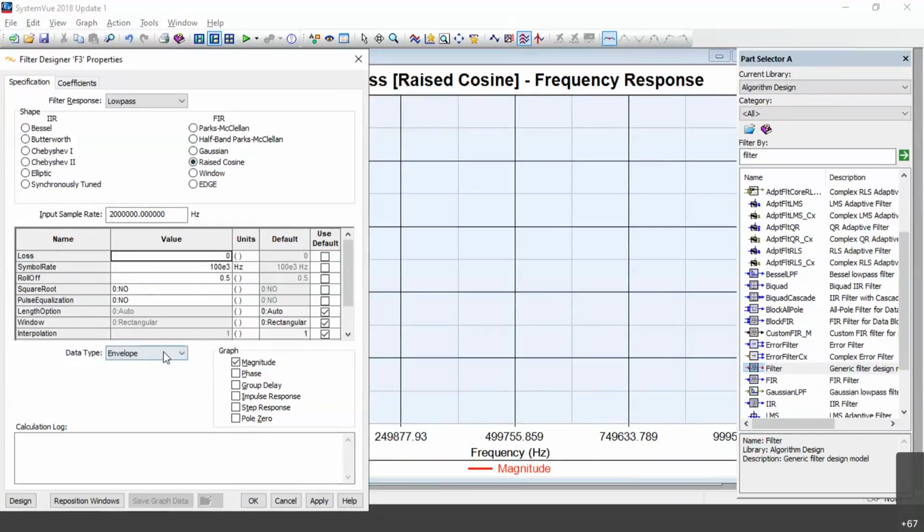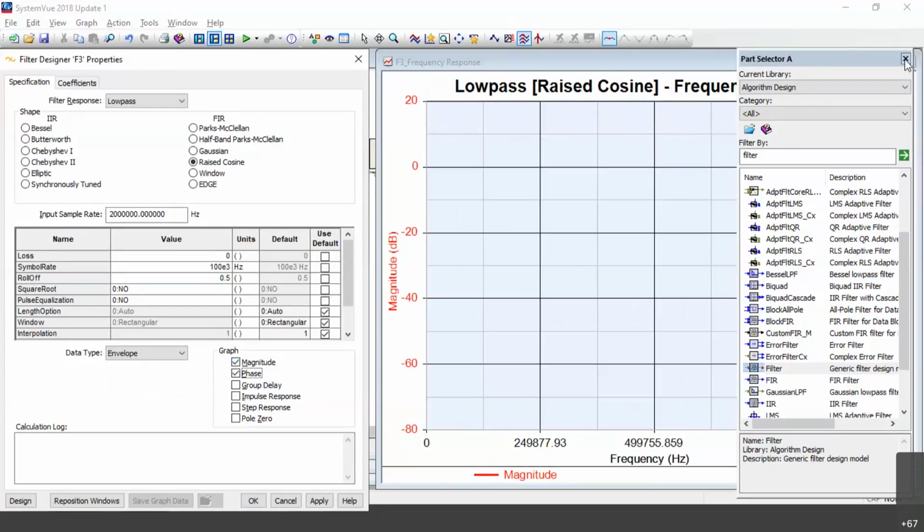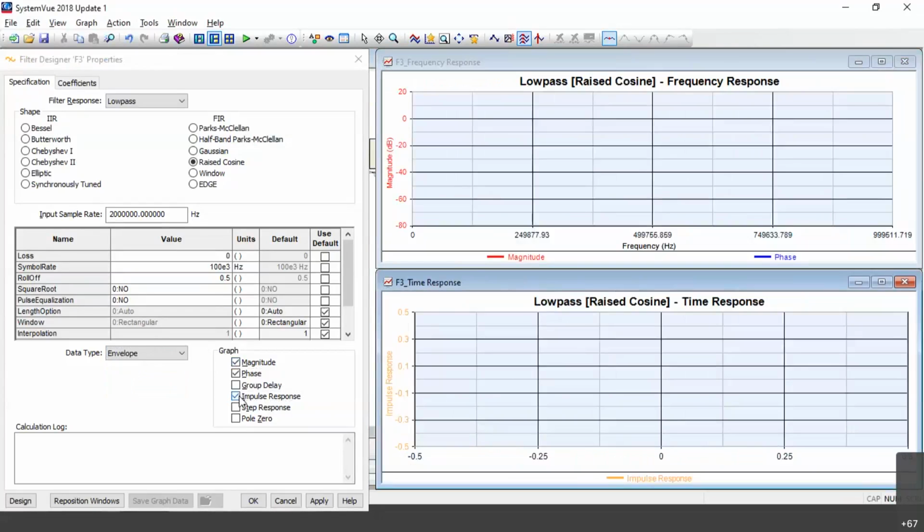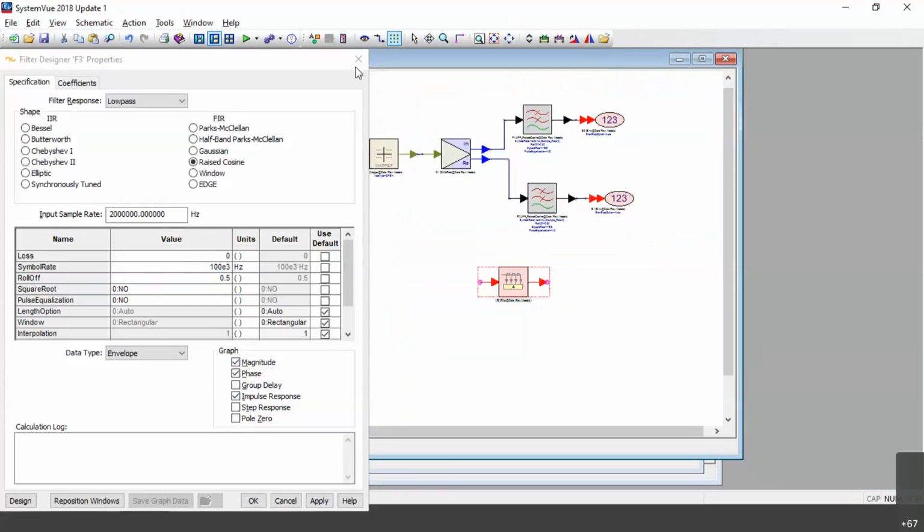And then if you want, you can use envelope or complex or multiple, whatever it is. Data type, whatever type you want: floating, fixed point, complex, or the envelope. That part you can take. And if you want to select the graph, magnitude or phase, it will display here. I hope you people are getting the display. Actually, I'm not getting it because I did not define anything over here. I'll show it here in the graph.